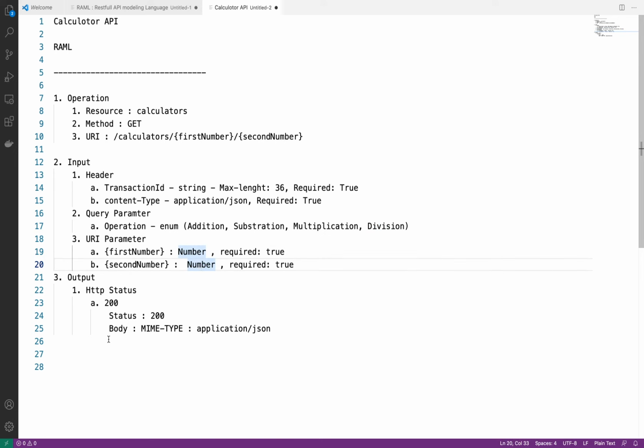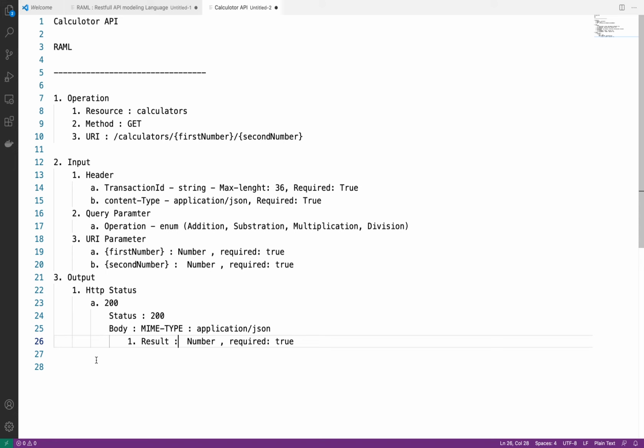Okay, so inside body we will have result. What will be the data type of result? It will be number. Okay, again it will be similar to this. So this is about 200.